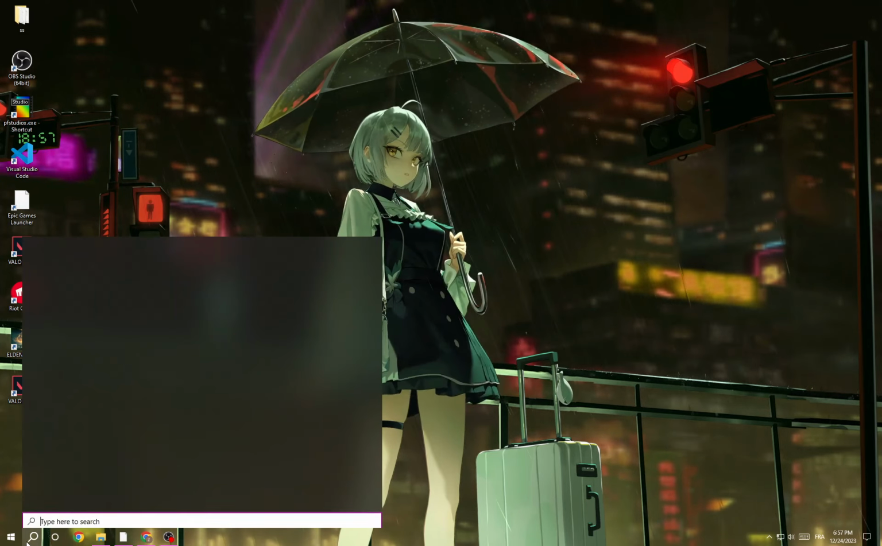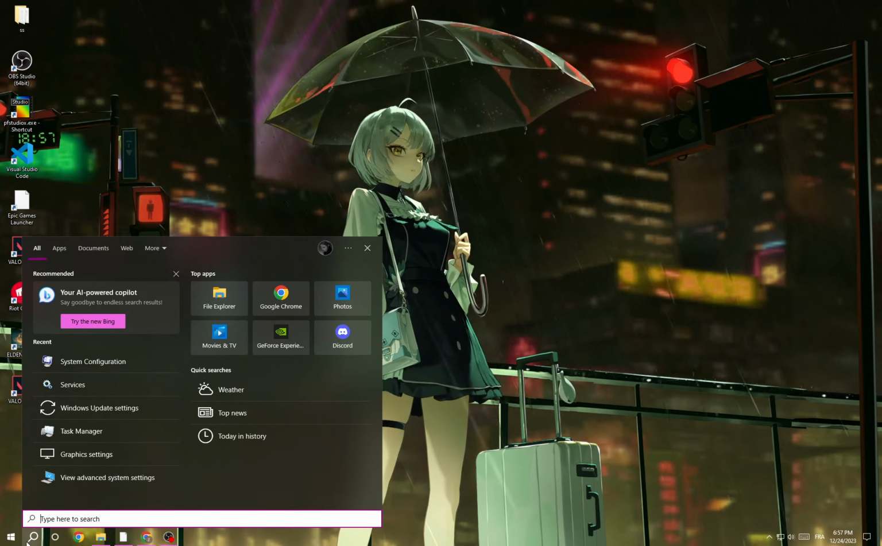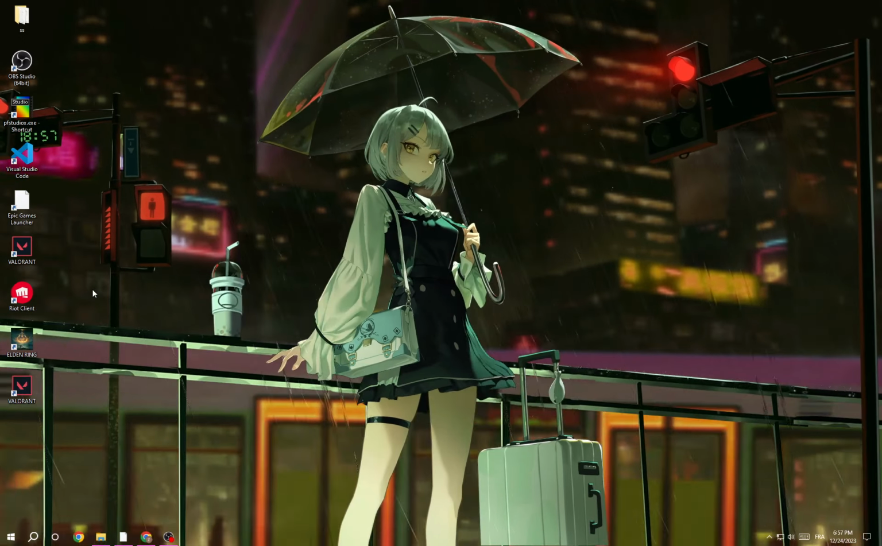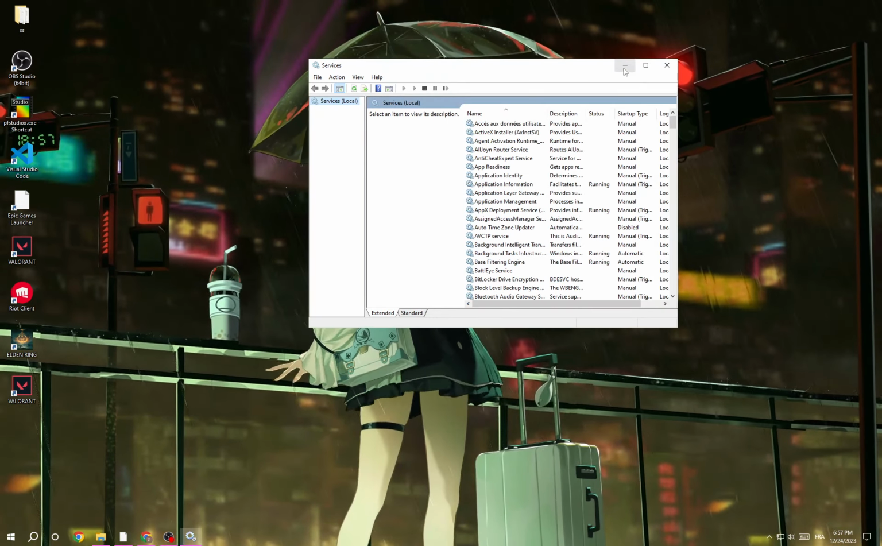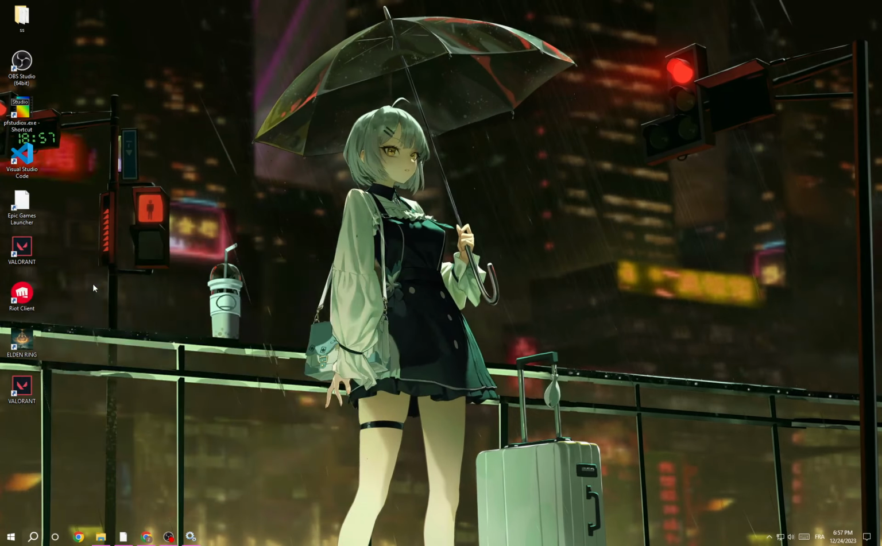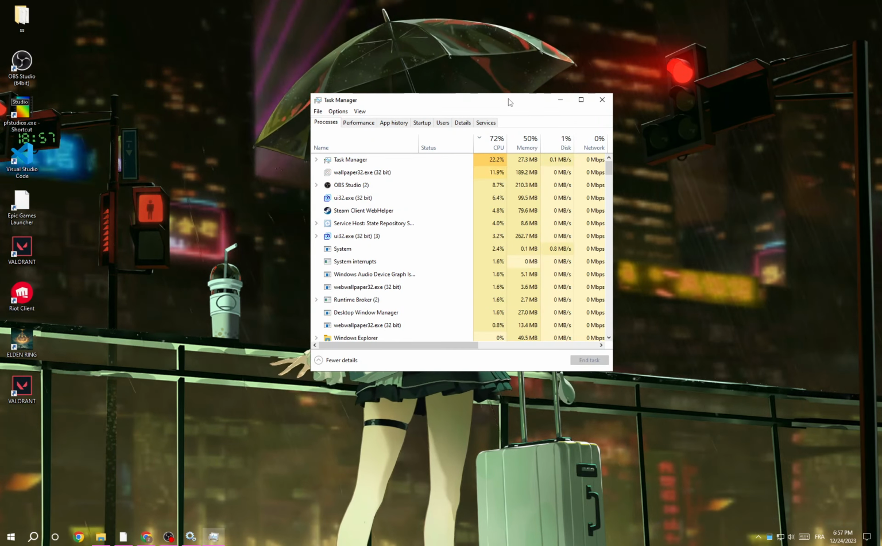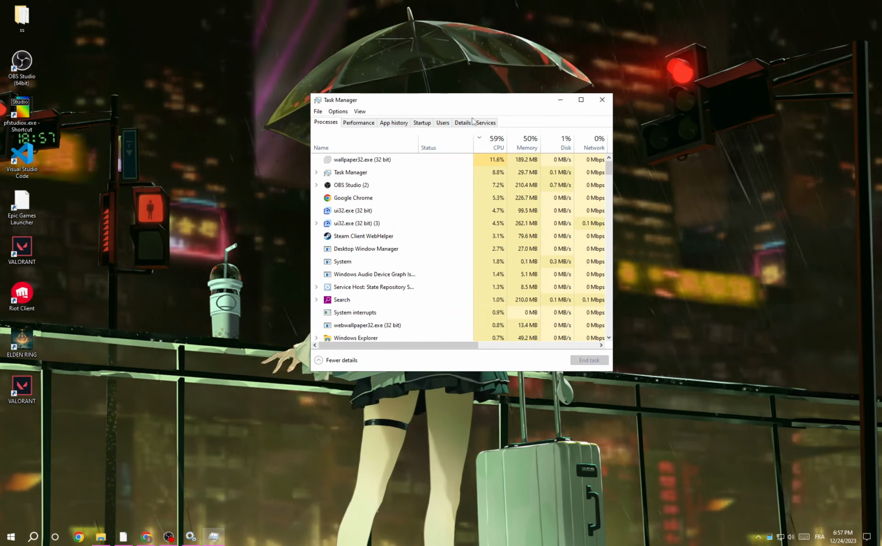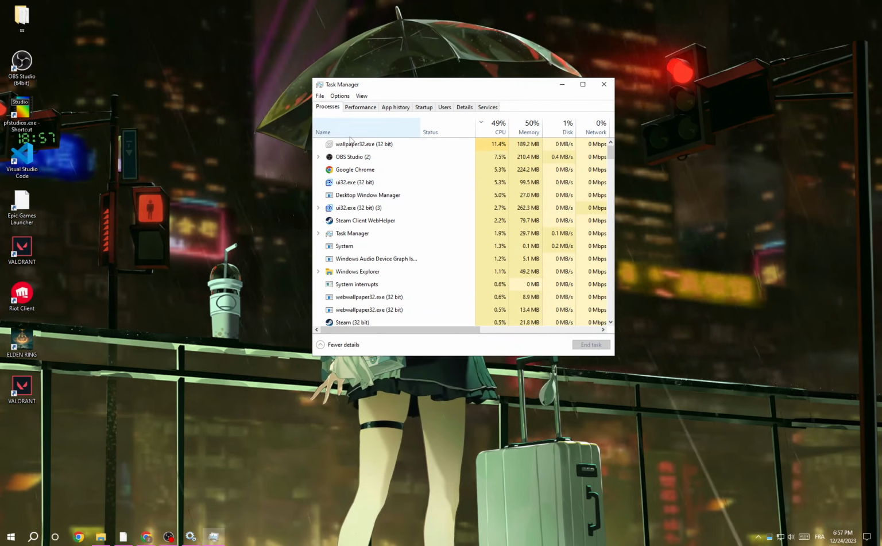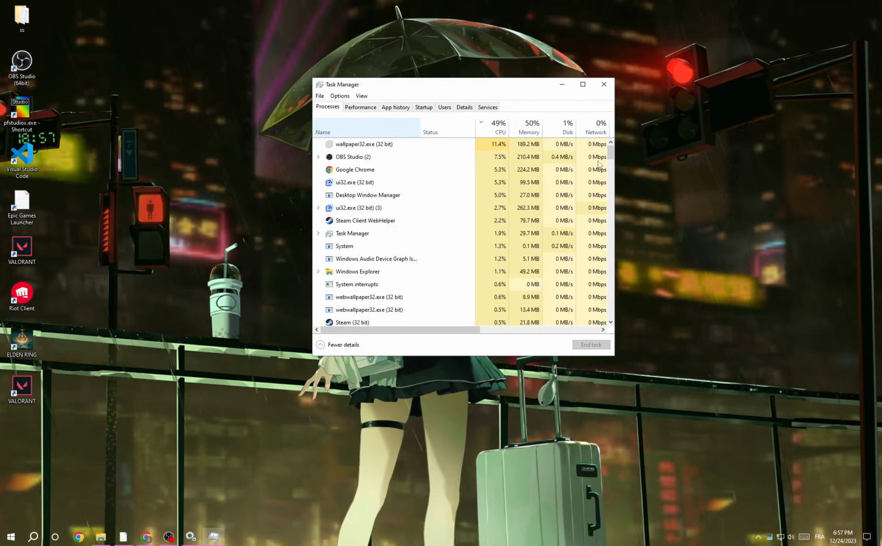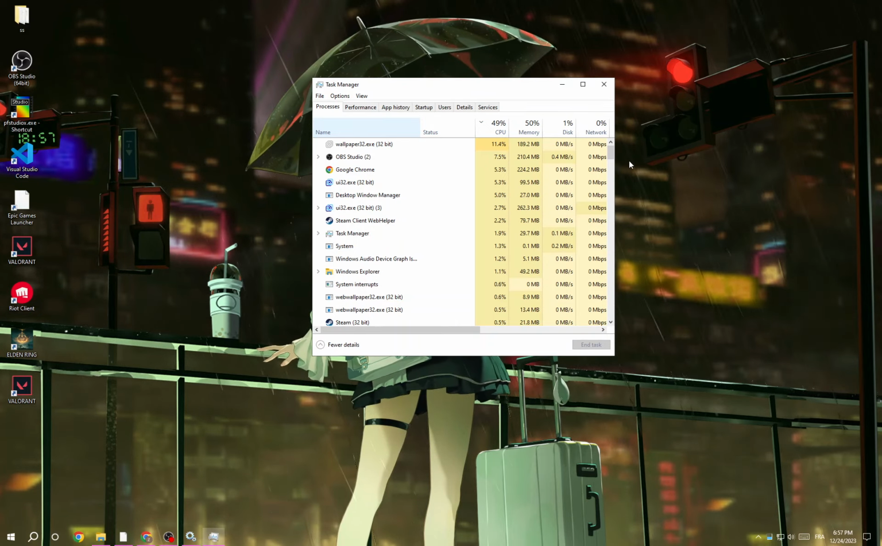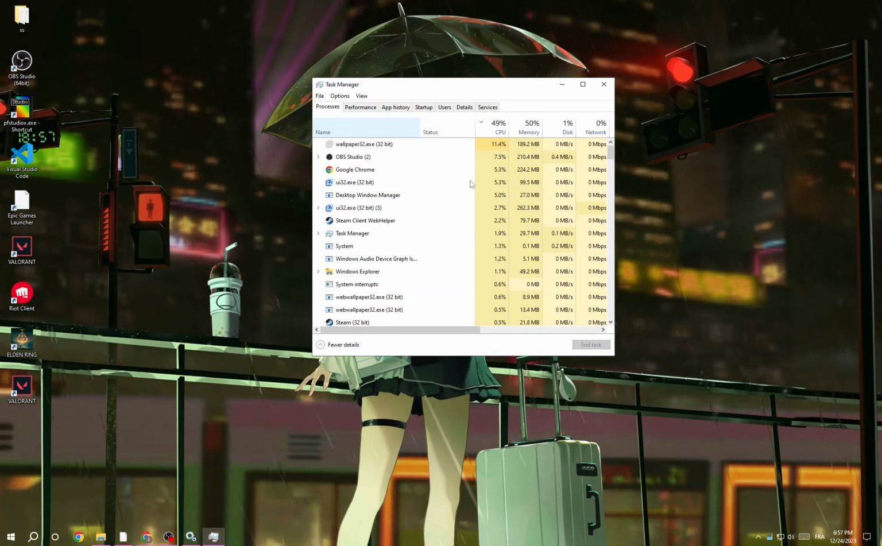First click here and then type services. Wait, before that you have to go to Task Manager and make sure that there is no application related to Valorant running in your background. Wait, you will find it like that. Wait a few seconds and